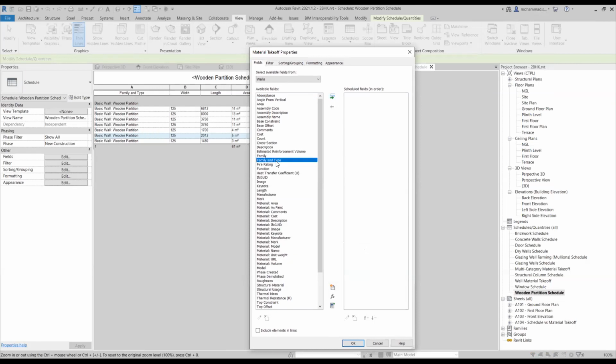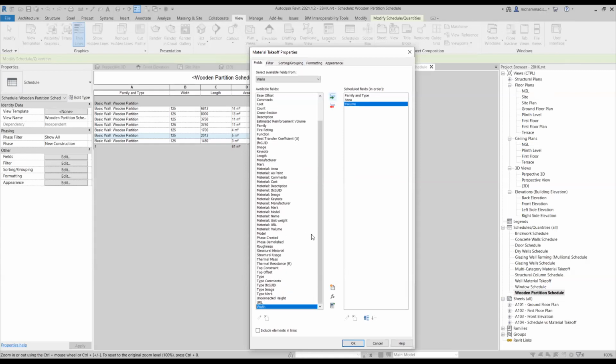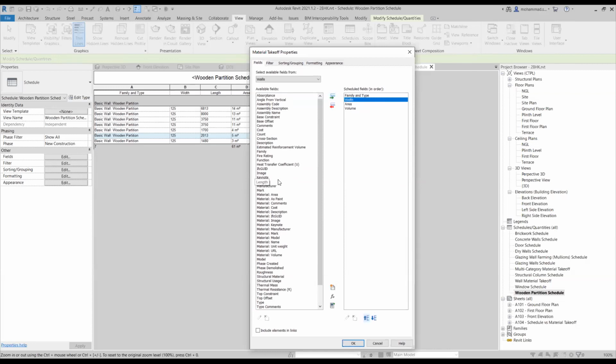Again, I'm starting with family and type to identify the type of wall which I'm going to use. Then I'll also add the total area of the wall. Then I'll also add the total volume of the wall. I may also add width again, which I've also added earlier. And then I'm going by